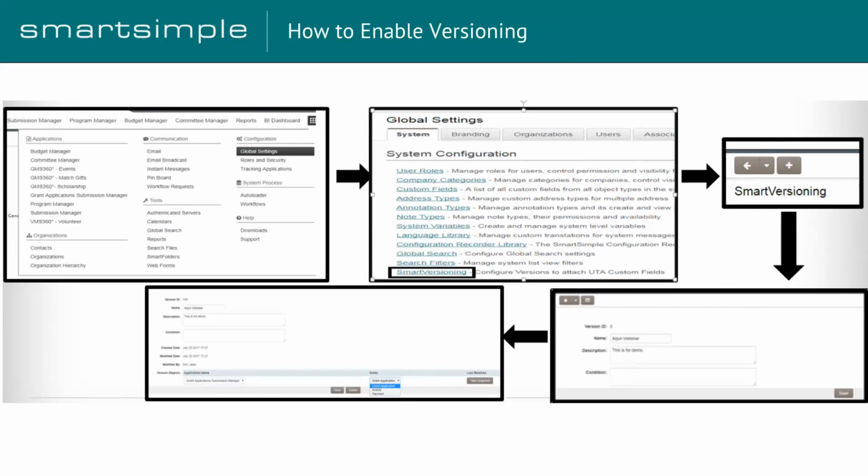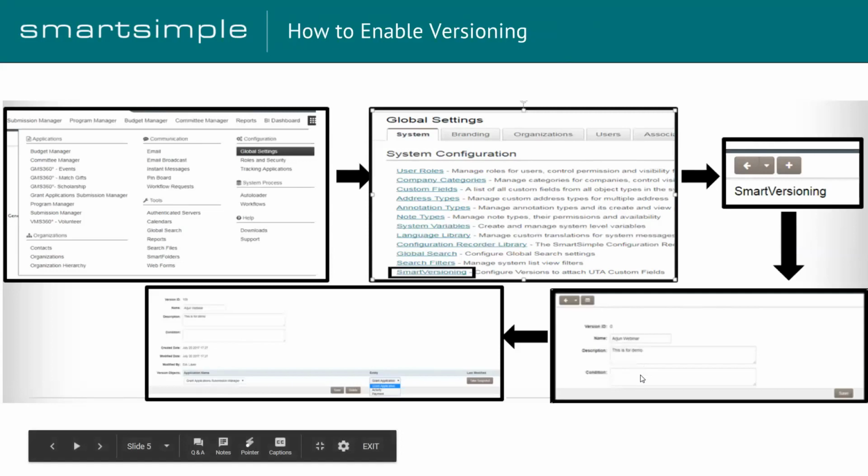To touch on a best practice for the naming, it's normally best that you give the new version a name that corresponds to the point in time for your version, so that when you're looking back, you know exactly what time frame this version represented. Or if you're working on a project, you can just name it with regards to the project too. But just make sure that the name is valuable and easy for you to read as a system admin. So once you've filled out these description parts of the version, you click the save button,